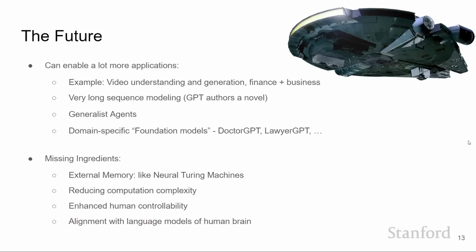And finally, we want to align our state-of-the-art language models with how the human brain works. And we are seeing research, but we still need more research on seeing how they can be more informed.